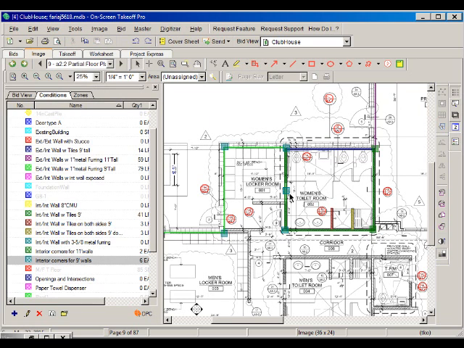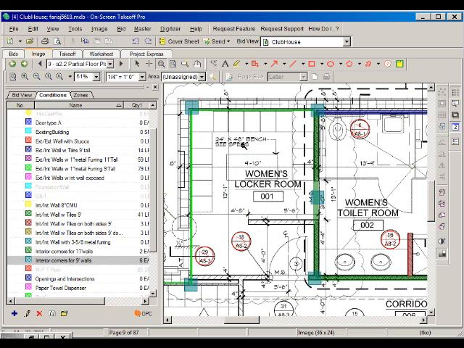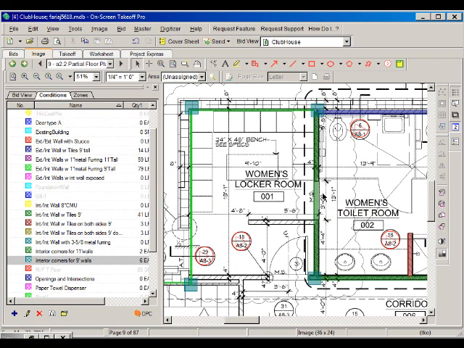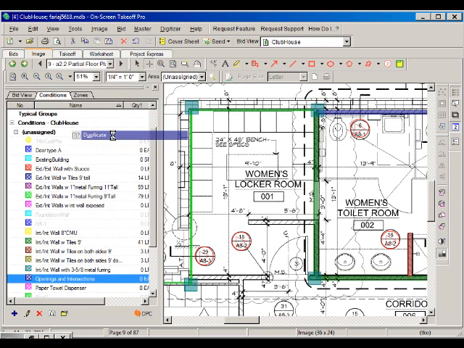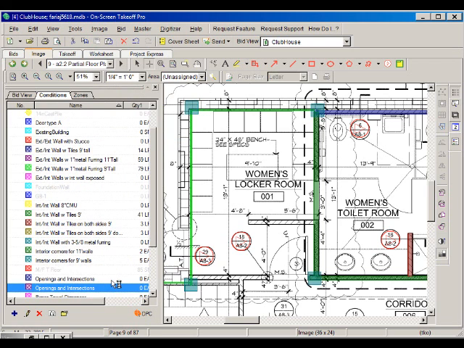Okay, I made a mistake here and I placed this opening in the interior corners count. So let me delete that and actually use openings and intersections. I am going to duplicate this condition again. So I'm going to have openings and intersections